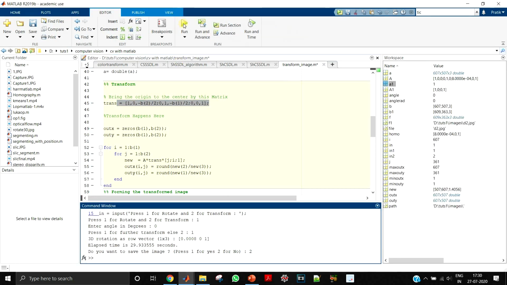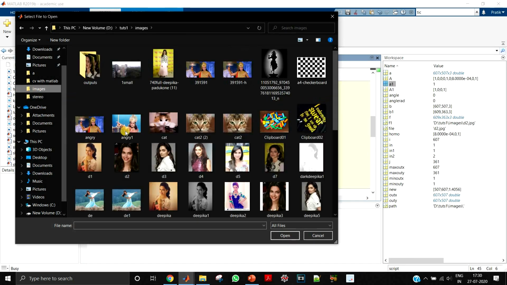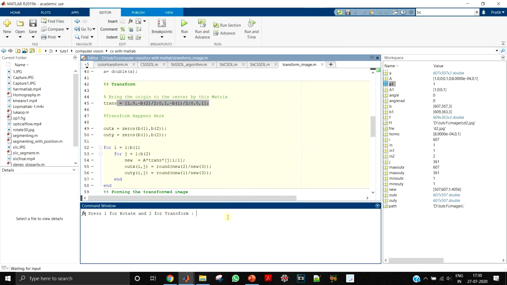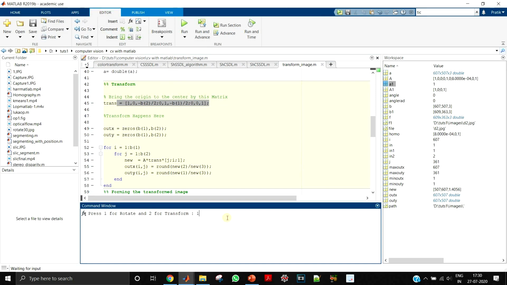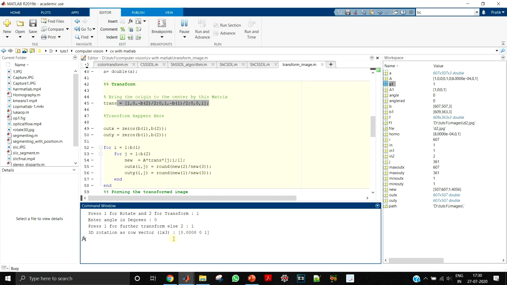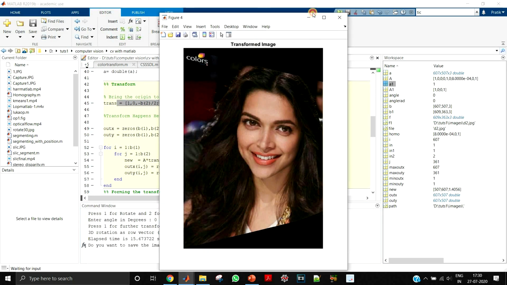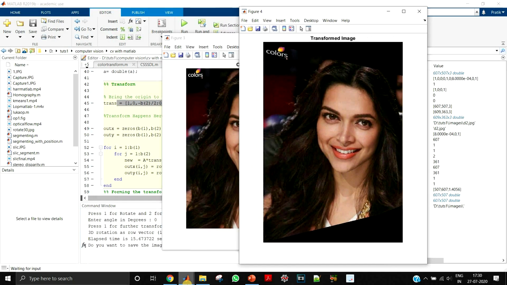No saving of image. Now let us again run with the trans and see what output we get. So let me rotate with 0 degrees, and I want to do transform, 3D transform. The same transform I am applying that I had done with the previous image. Yes, so here you can see the difference.